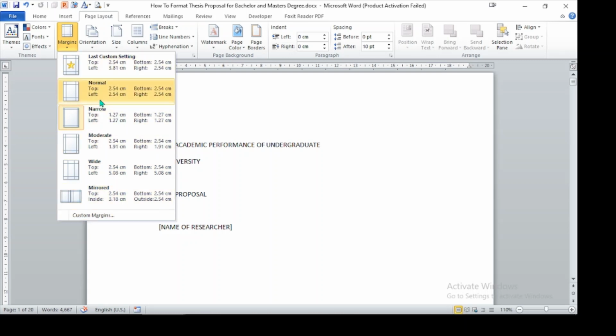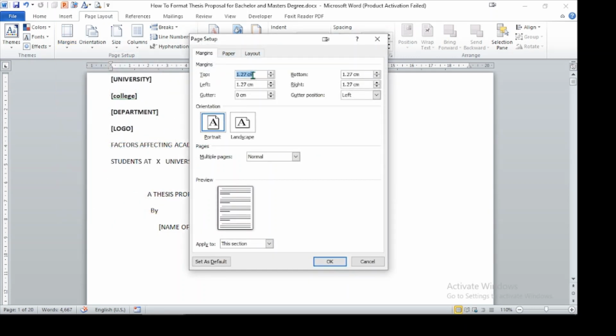For instance, if you want a normal margin, which means 1 inch or 2.54 centimeter on all 4 sides, you can select this one, or you can make narrow or moderate as you like. But most of the time the universities have a guideline regarding this, so you should refer to your university's guideline. So let's make our own margin. In this case, let's make